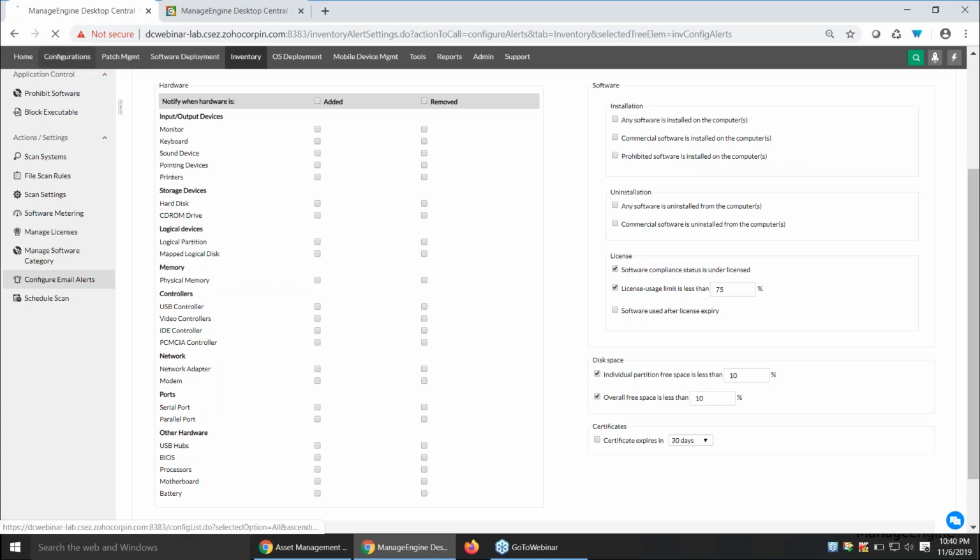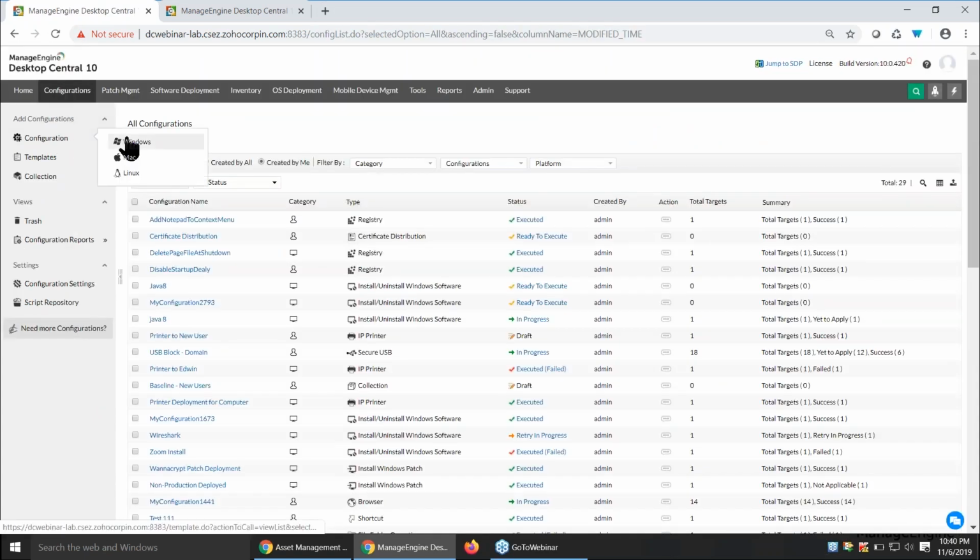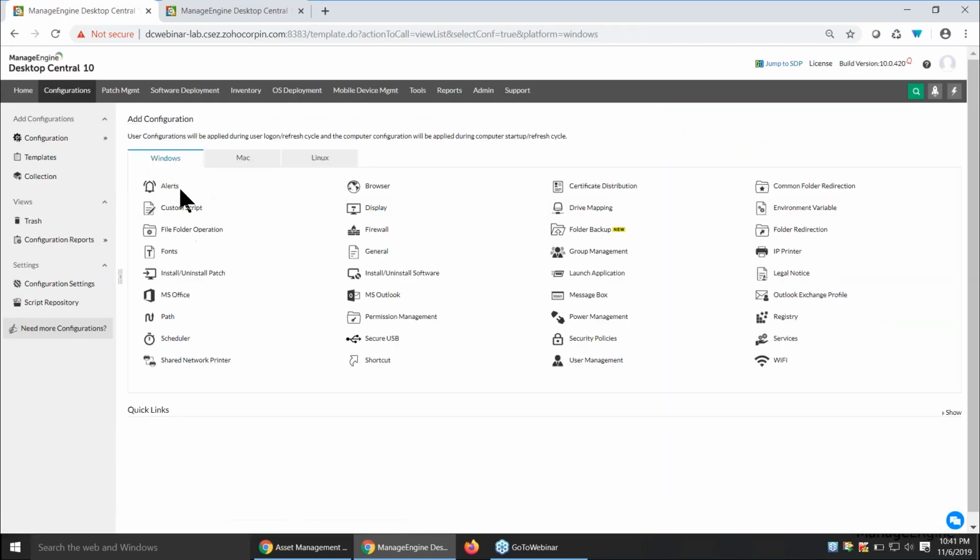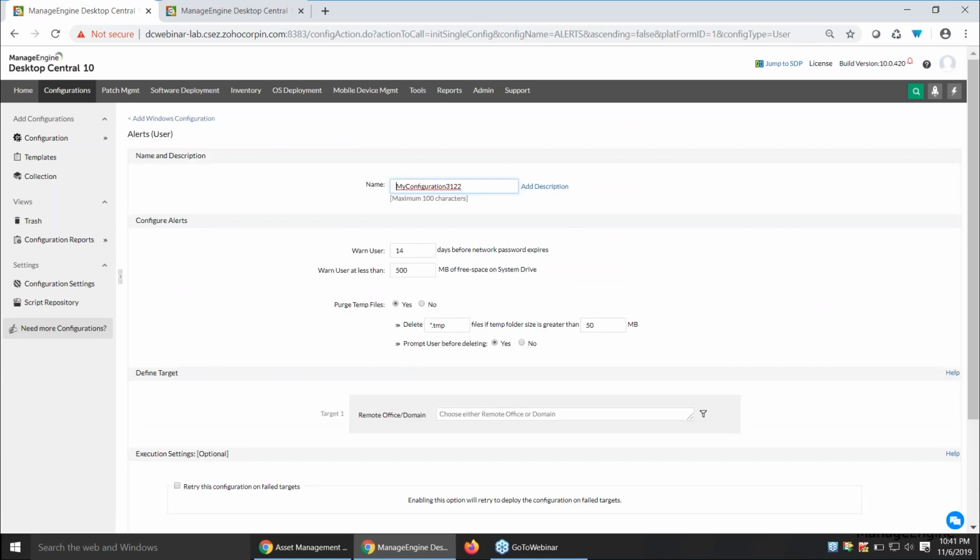So under the configuration module, I do have one other option called alerts. I can select a configuration, and in here I can specify the free space in MB, megabytes, and not only notification when this goes lesser than the count, I can also choose this option to purge temp files. I can delete the temp files in a single configuration, and this allows me as an administrator to send a notification to the end user. Also,